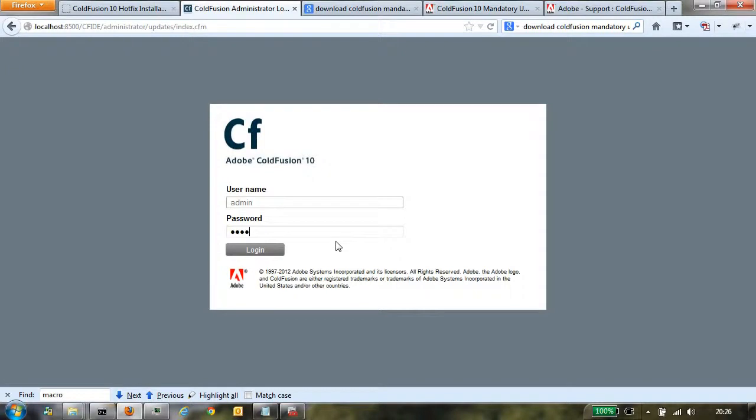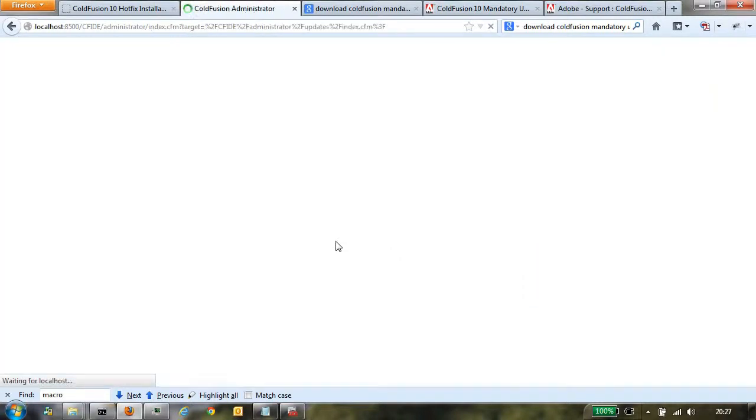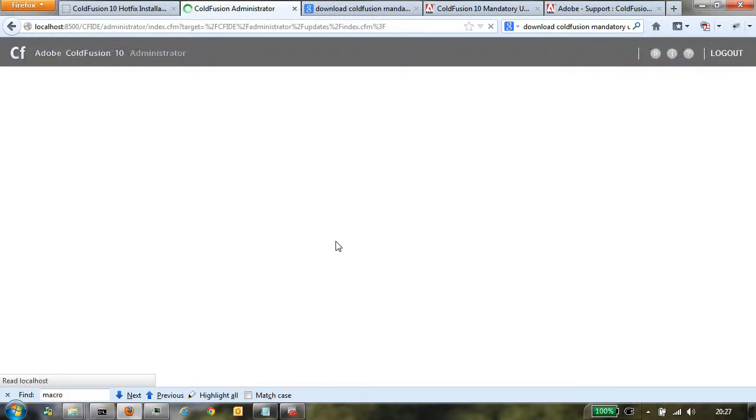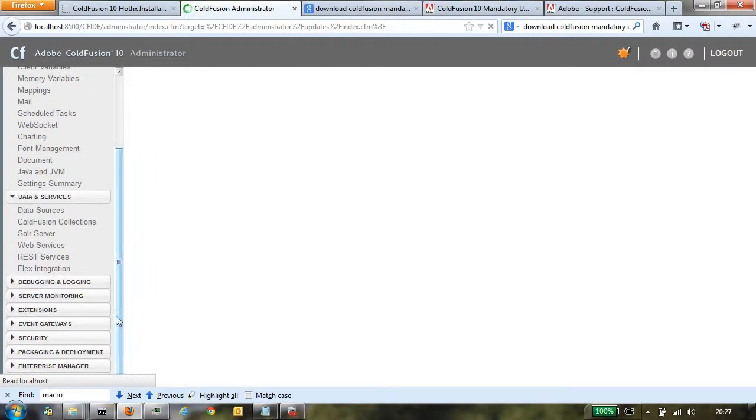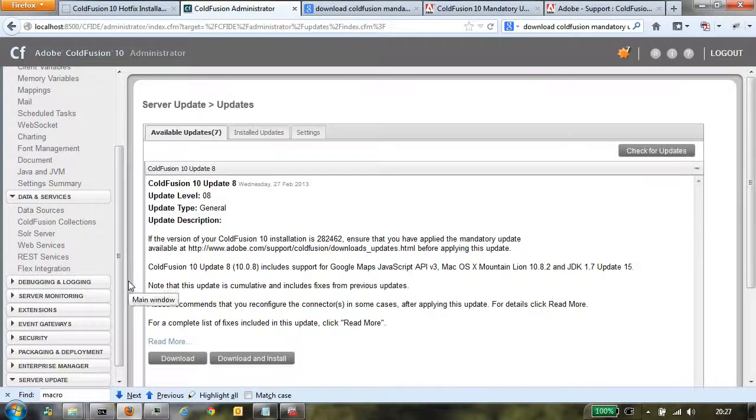It was logged out because the ColdFusion mandatory update was just applied.